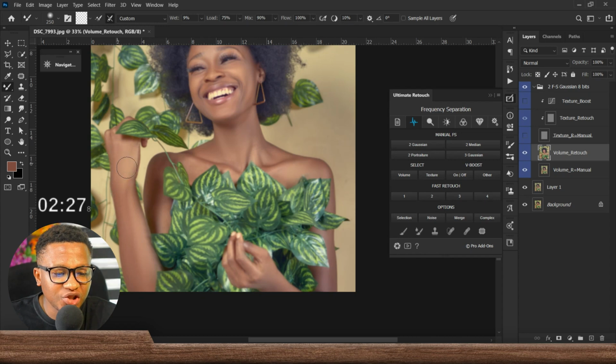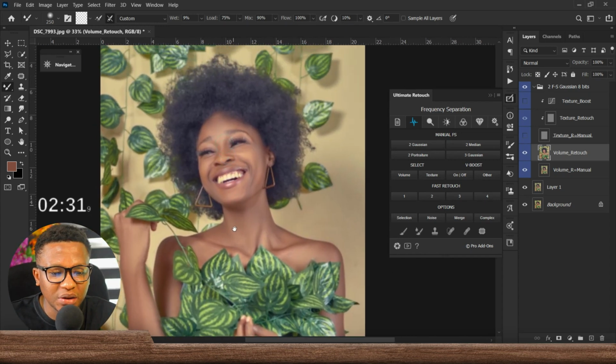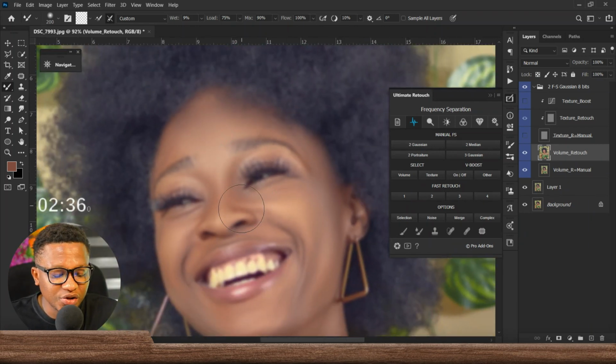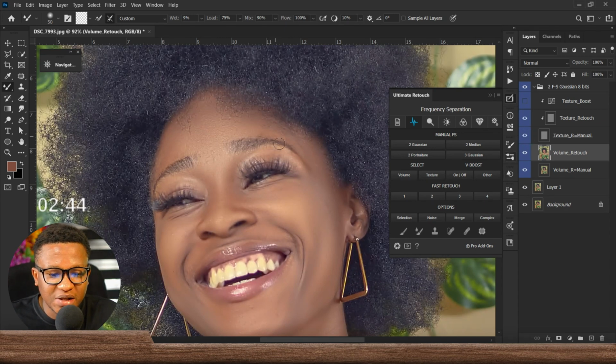Remember, what you are brushing is the skin tone, not the texture or every other object in the image. You don't even need to brush the teeth. So just the skin. And that's that for the